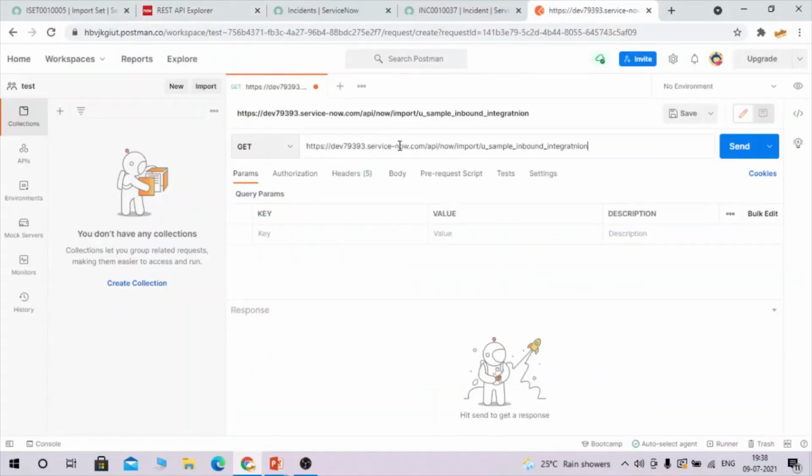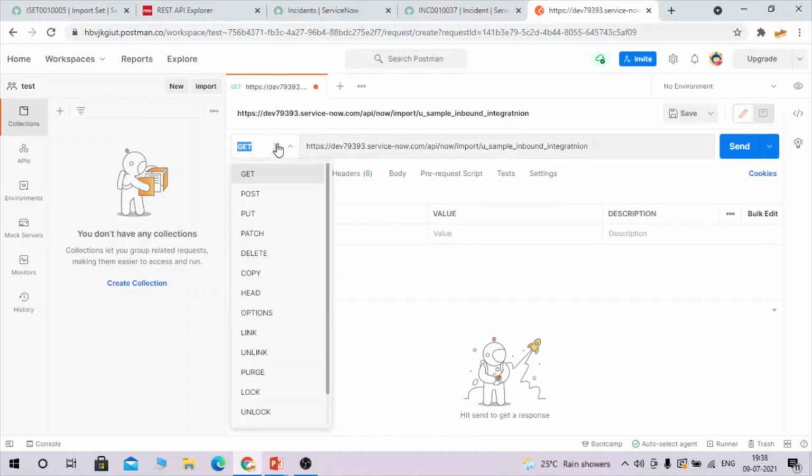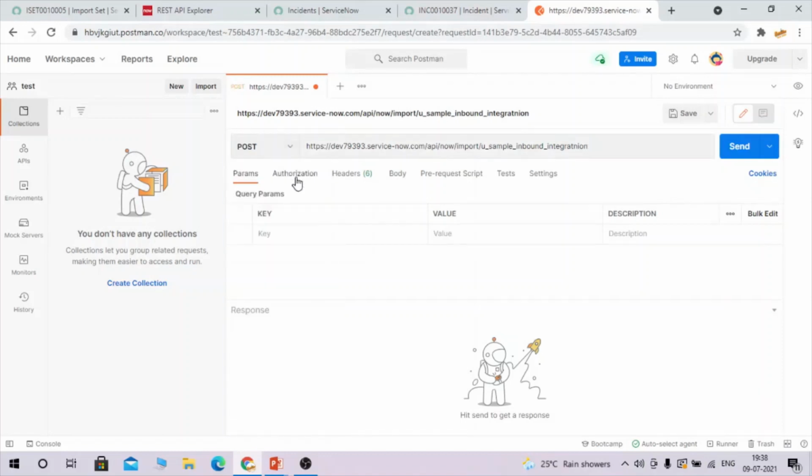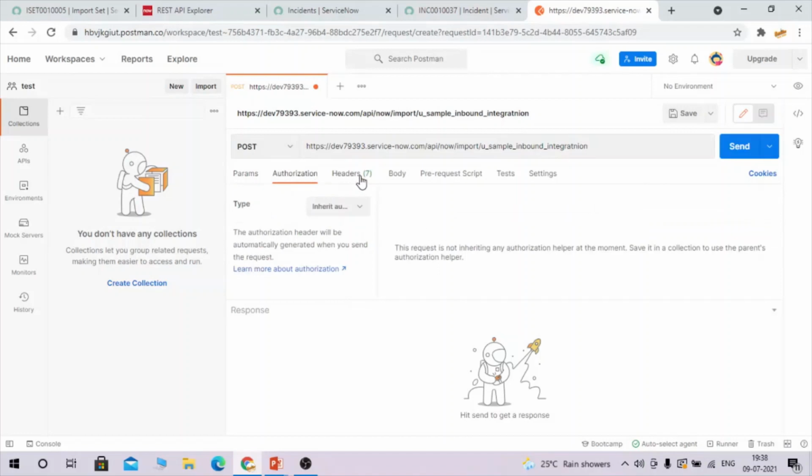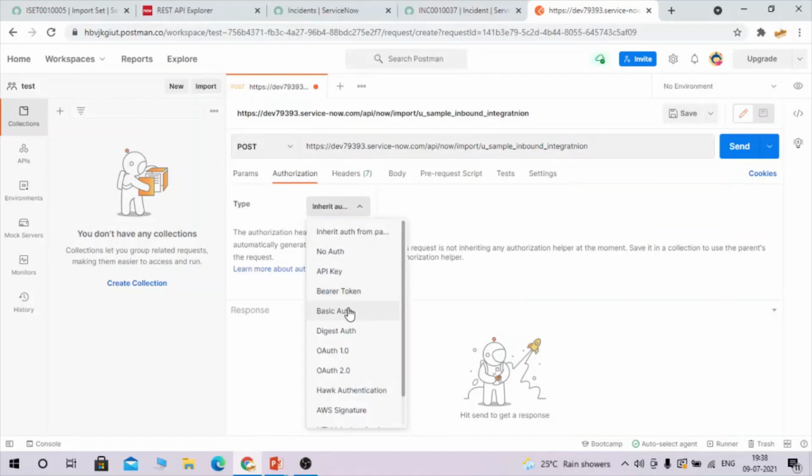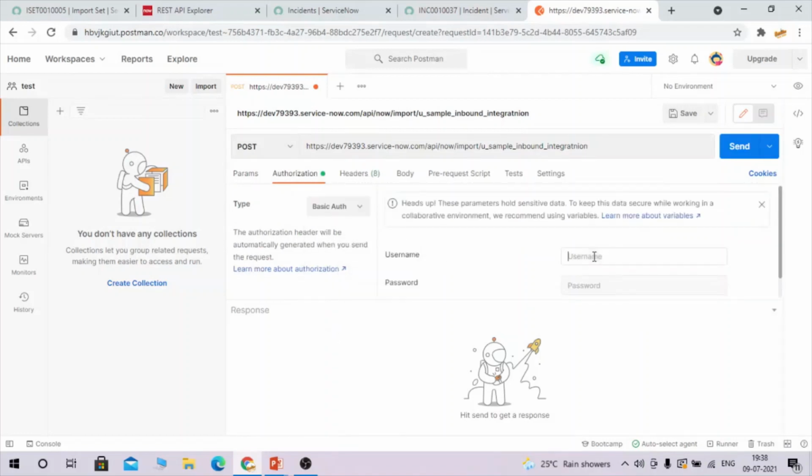So how can we test it? We have to enter the API and select the method, and authorization is required. For this, the user should have access to web services.